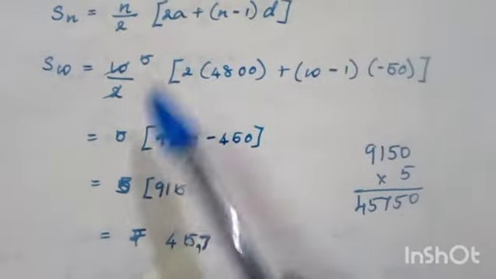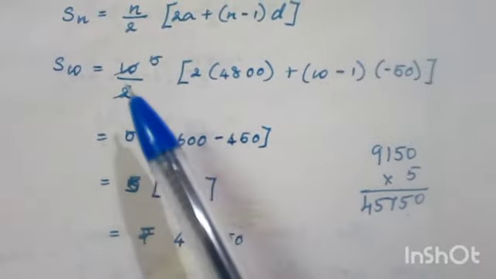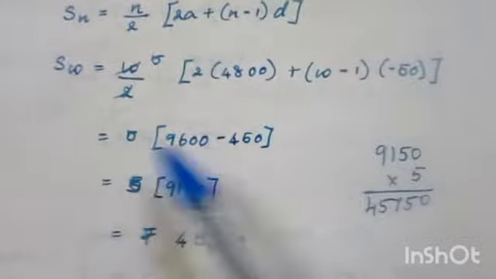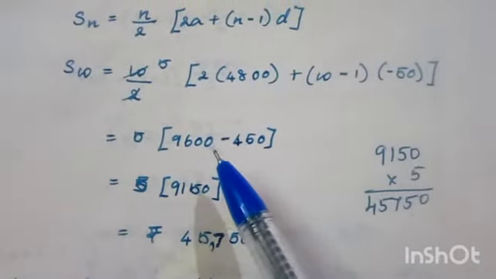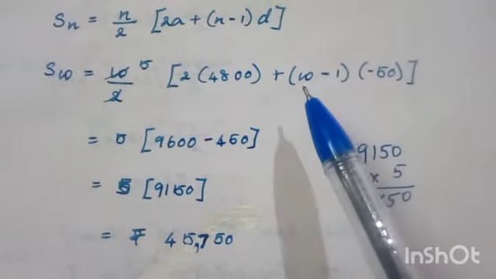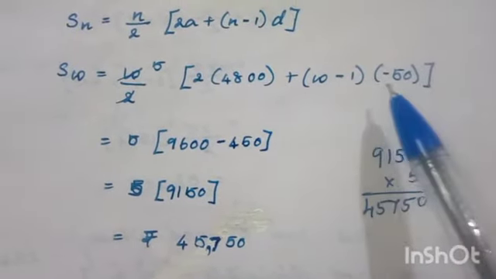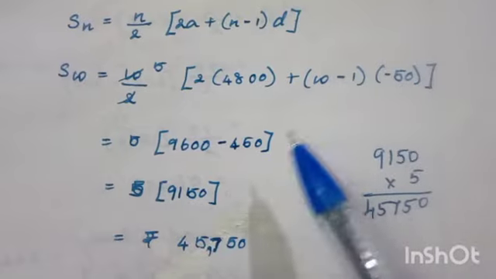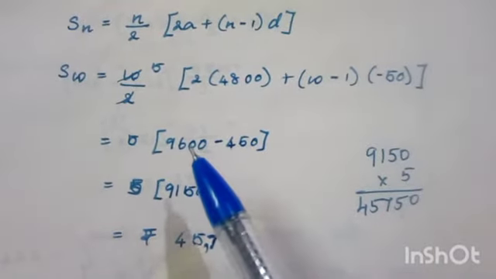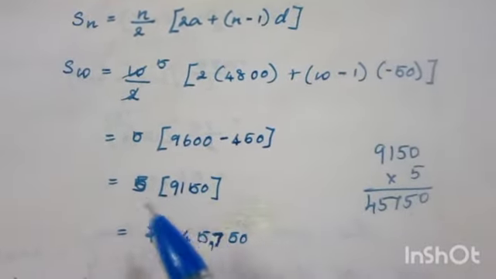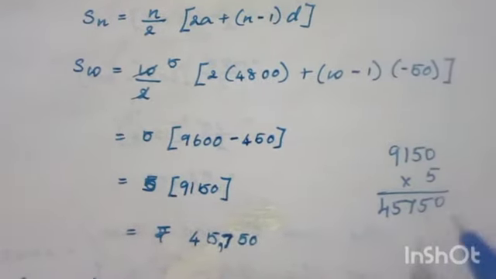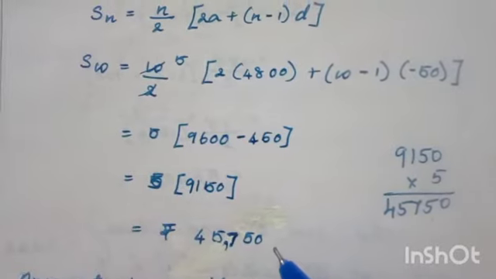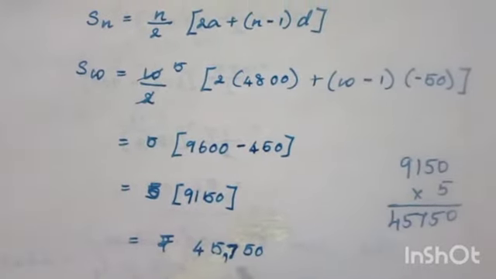Cancelling is possible, 2 into 5 is 10, that is 5. Multiply these two, that is 9,600. Here 10 minus 1 is 9, 9 into minus 50, so that is minus 450. Subtract these two, that is 5 into 9,150. Multiply these two, that is 45,750. So the 10 installment amount is